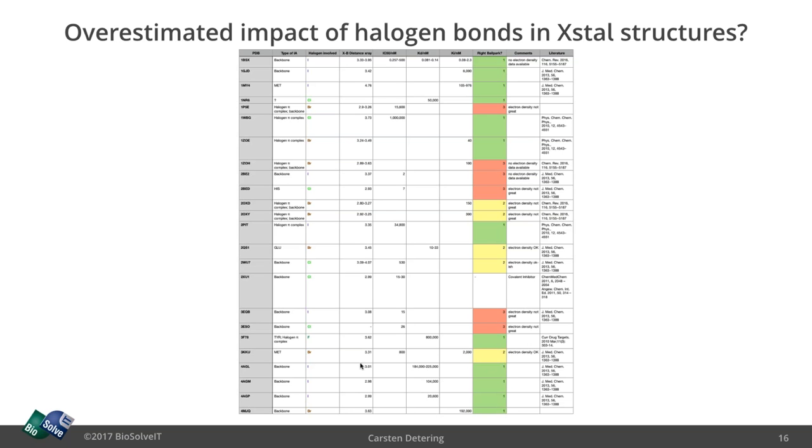Only very few exhibit the optimal distance between the halogen and the Lewis base. We do find a great deal of distances that are significantly larger than this optimal distance, even several that are over 4 angstroms. Although you find in papers that it can be as large as 5 angstrom, the calculation that we have seen shows clearly different. So we looked at these complexes in SeeSAR, and here